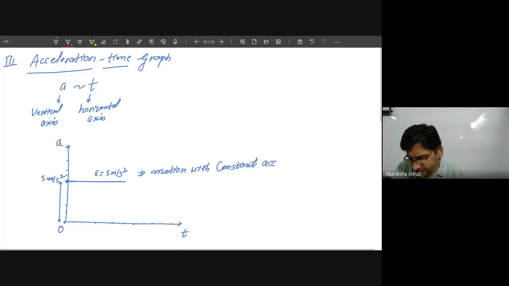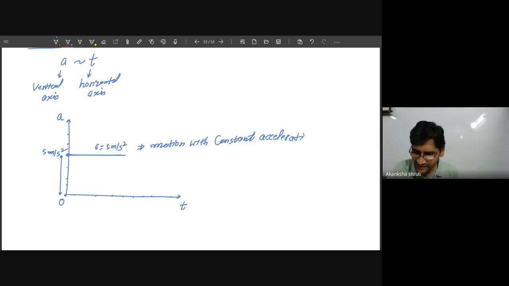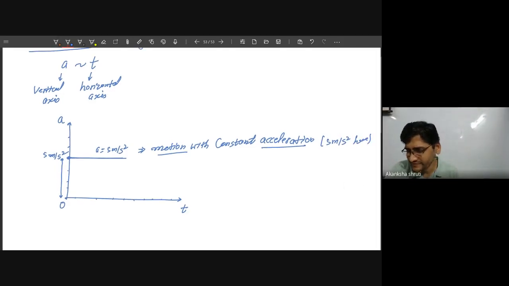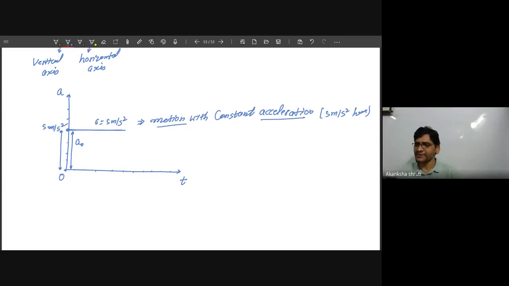Constant acceleration. What is this constant acceleration here? Here it is our 5 meter per second square. If something different is given, then that may also be taken. In general terms, it may be taken as A itself or A0 itself, meaning initial acceleration. It may be possible that acceleration itself is increasing. So that is the non-uniform acceleration. So this is like your uniform acceleration.